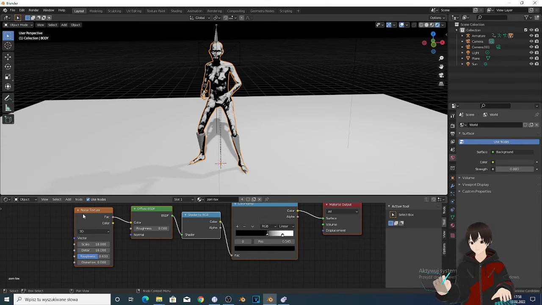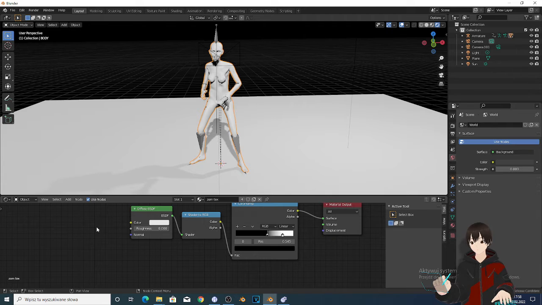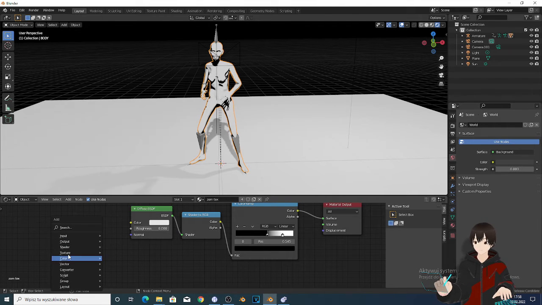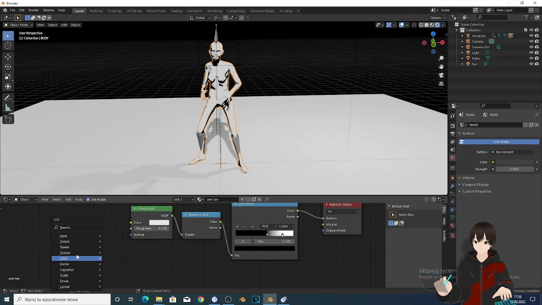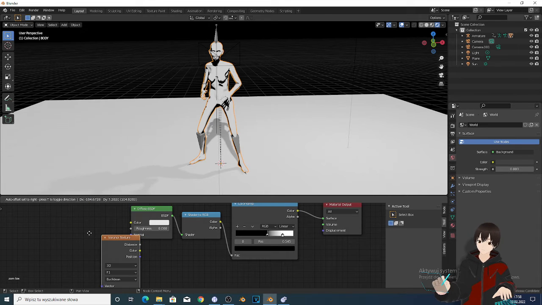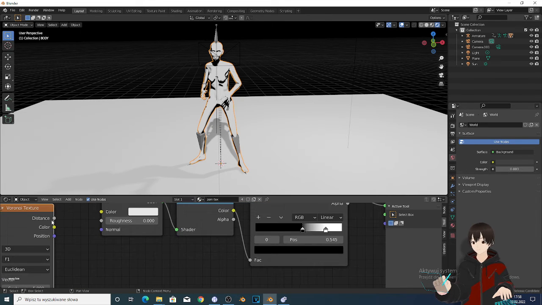But first maybe we're going to test another texture. So I'm just selecting this by left click, noise texture, X and delete, of course. Shift A, and you can bring whatever texture you want. I'm going to choose Voronoi texture, and I can of course connect this right here, and this gives me this kind of circle shape on the model,